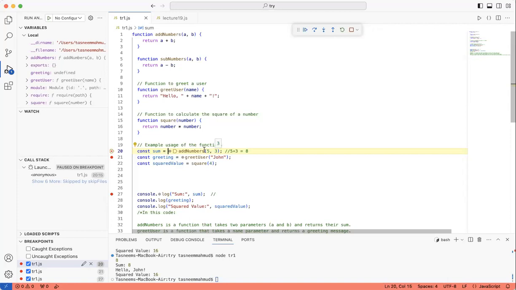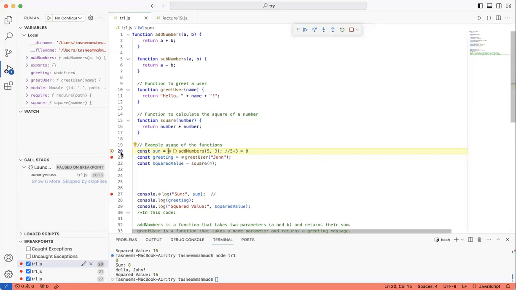Do we actually know what's going on inside the function? No, right? We just know that we passed the value 5 and 3. That's all we know. But if we want to know in detail what's going on inside the function, we have to step into that function, correct?